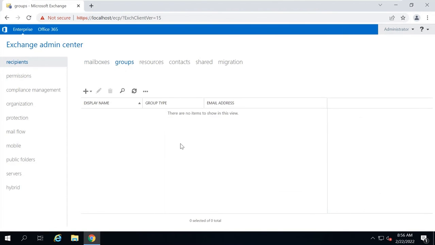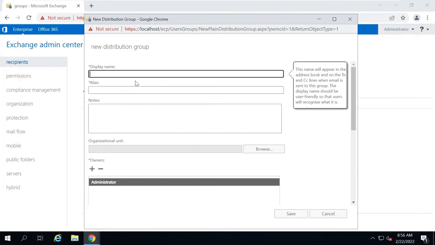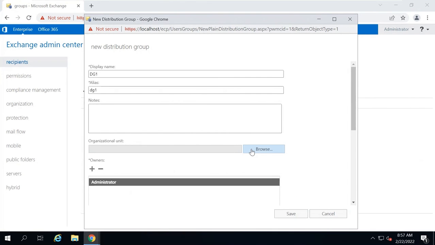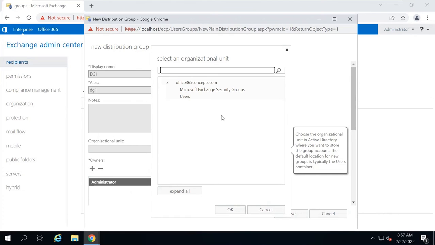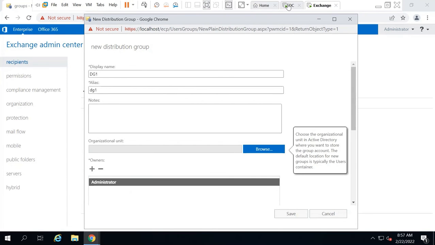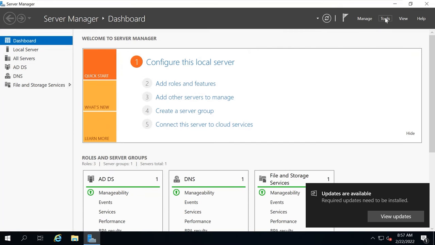Next is groups. Under groups, you can create three types of groups. First is distribution group. Let's see how to create it. Under display name, you can assign a name, for example, DG1, same alias. Next, you need to select organizational unit, in which organizational unit you want to store this particular group. You can select any organizational unit, or if you want to create a new one, you can go to domain controller and go to